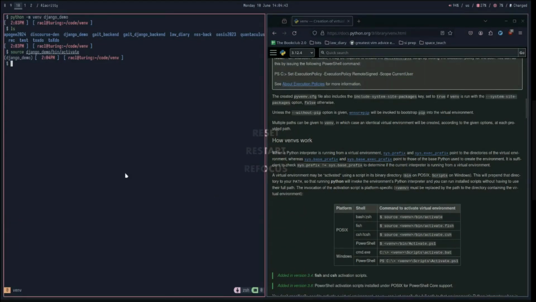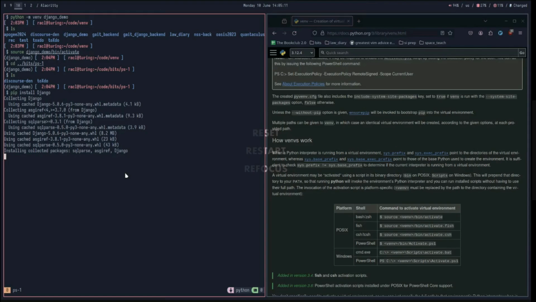Okay. So now we can go into creating the project folders. So I'll just go into my preferred directories. So first thing we need to do is we need Django installed. So after activating the virtual environment, we'll just do pip install Django. So that installs Django and all of the necessary dependencies for Django. And